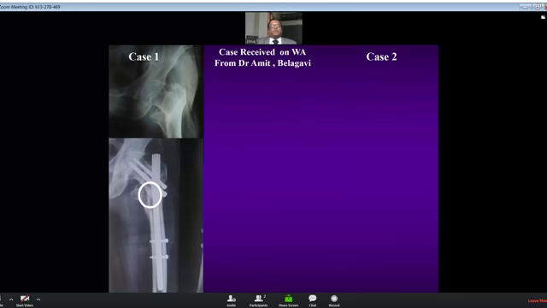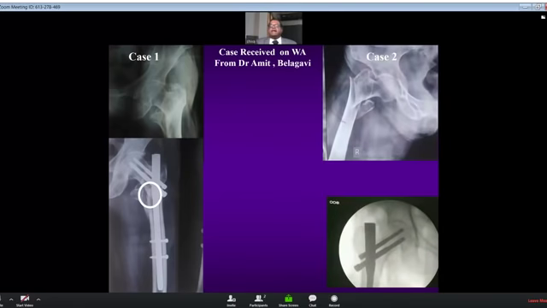So, though people call it a diamond Houston type of osteotomy, this diamond Houston type of osteotomy with a nail cannot happen. It can only happen with a surface implant to get a valgus reduction. If you are using an intramedullary implant, it's always a varus reduction. This is another case which he has beautifully done, a high subtrochanteric fracture. But unfortunately, if you analyze, the superior screw is longer.